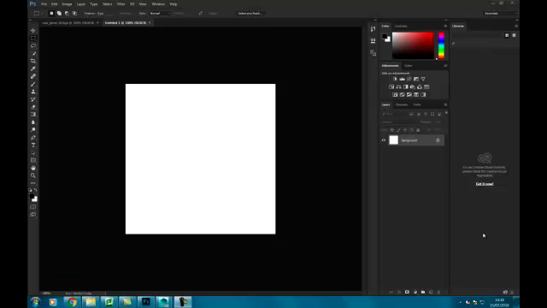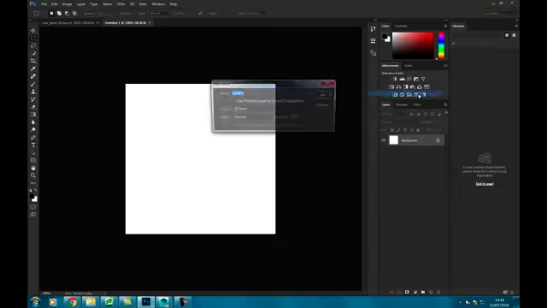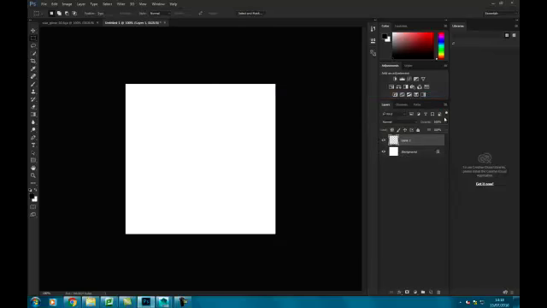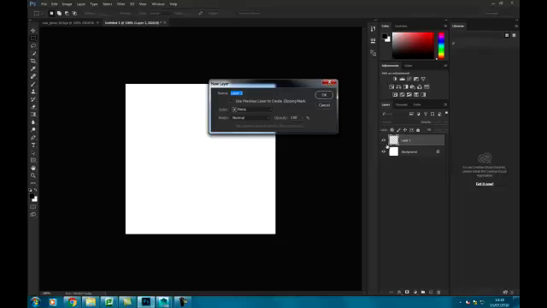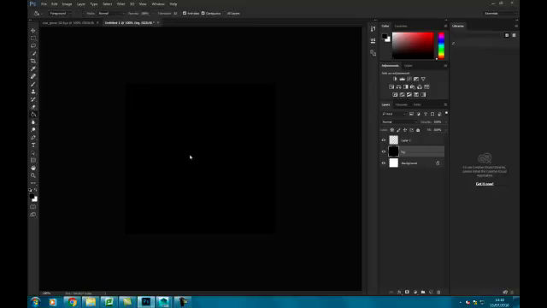So this is like texture generation for particle effects. So what we need to do is we need to add a couple of layers. Add a new layer, add another one. So we've got two layers. The first layer you're going to name it as a background color, and we're just going to flood fill that to be black. So that's black. So this is going to be our default texture,